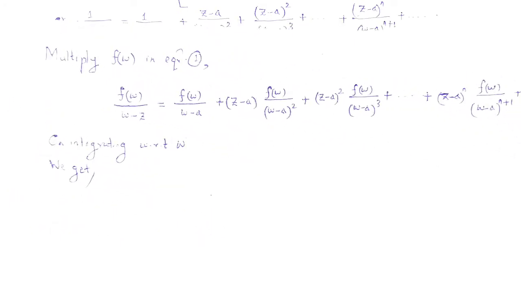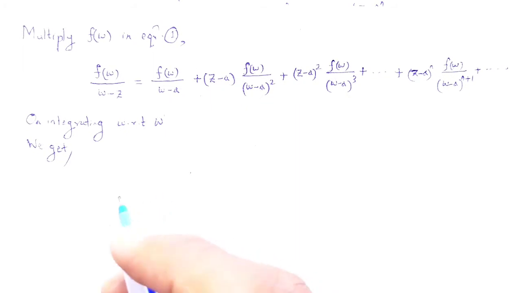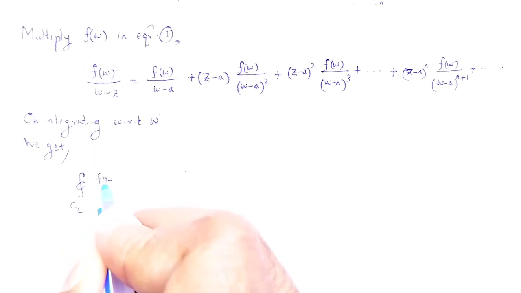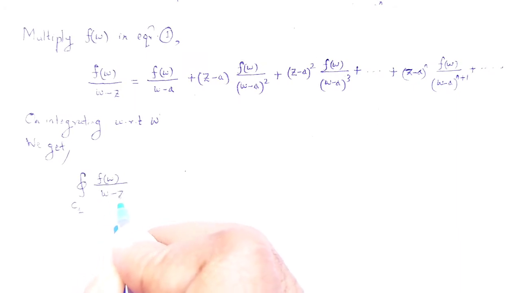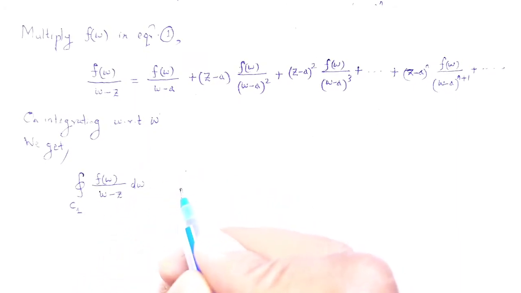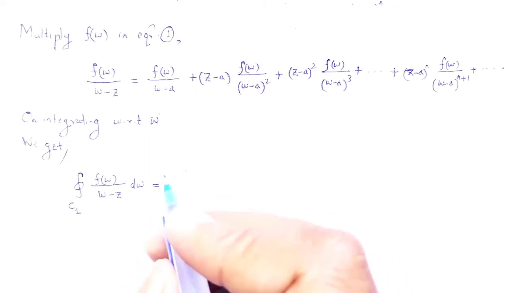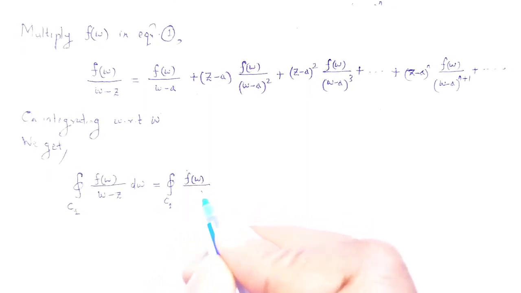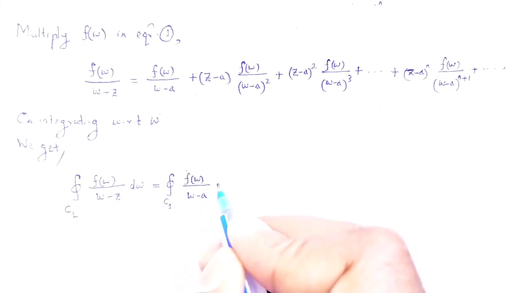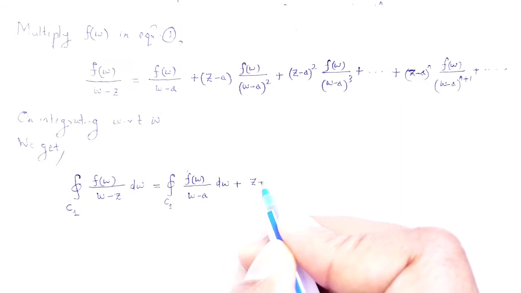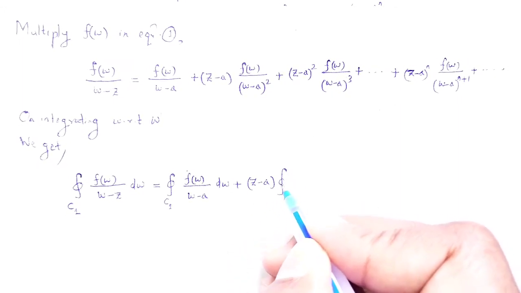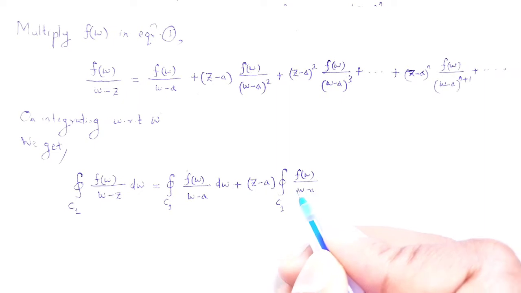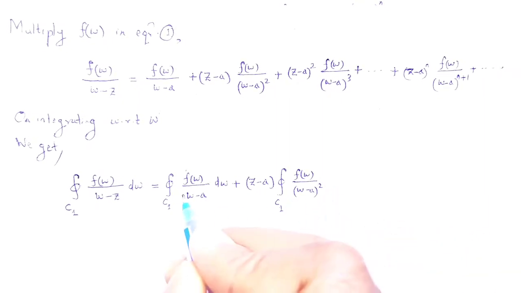The integrals are written: closed curve integration over C1 of f(w)/(w − z) dw is equal to closed curve integration over C1 of f(w)/(w − a) dw plus (z − a) closed curve integration over C1 of f(w)/(w − a)² dw